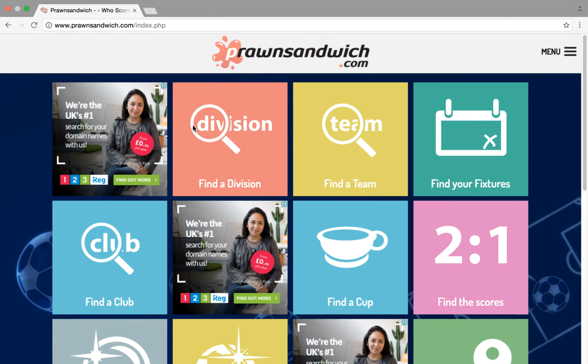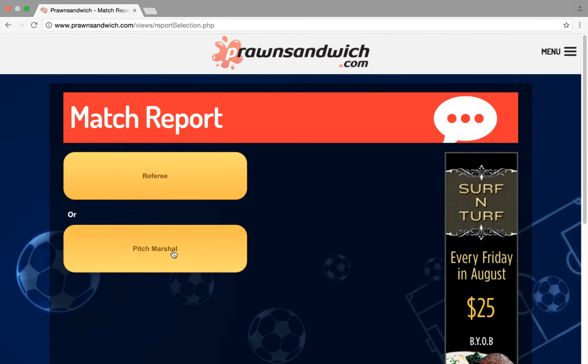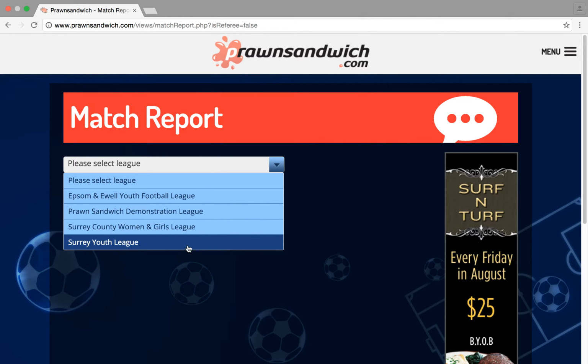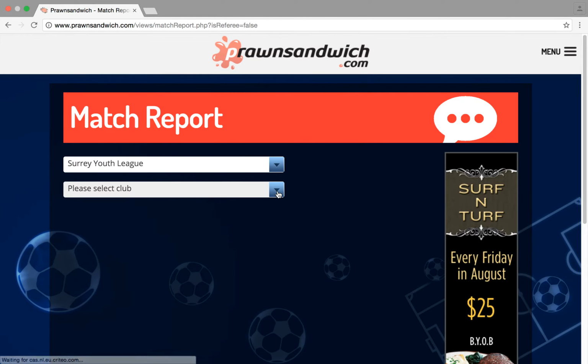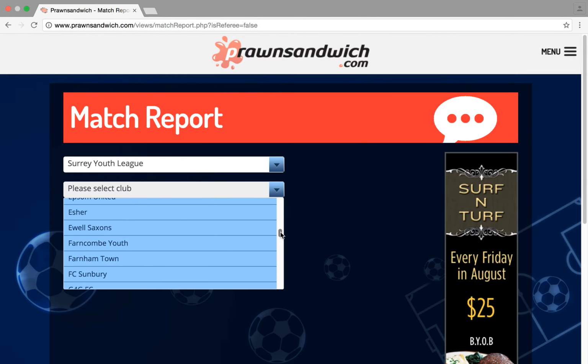This is a demonstration of how to fill in a Surrey Youth League pitch marshal match report. This is our website, www.prawnsandwich.com, the opening page. From here, scroll to the bottom of the sheet and you will find the match report icon. Click on match report icon and then you will find an icon called pitch marshal. Click here. Now you need to select the game, and today we're going to select a game in the Surrey Youth League, and it's going to be against the Sheen Lions Club,